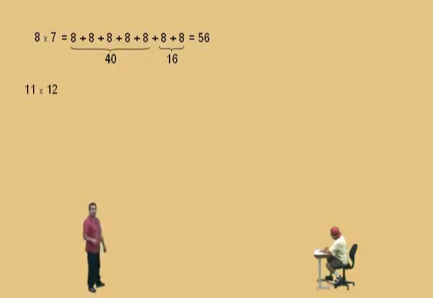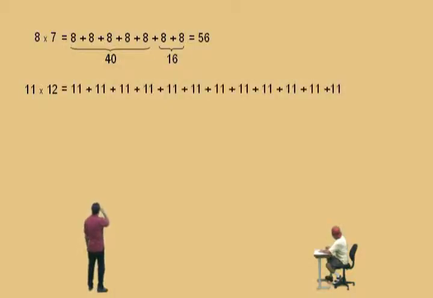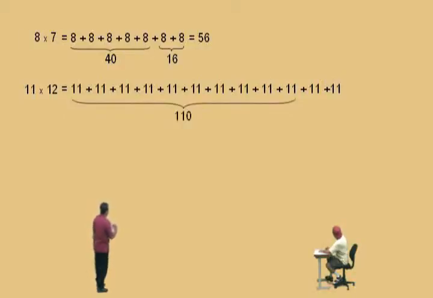Now how about 11 times 12? That's another one that gives people a problem. Well, let's think of it this way. Remember, 11 times 12 means you have 12 of these 11s all being added together. Well, what happens if we add 10 of the 11s together? Charlie, what's 11 times 10? 110. That's 110, right? And if 10 of the 11s add up to 110, and we have 2 more 11s,